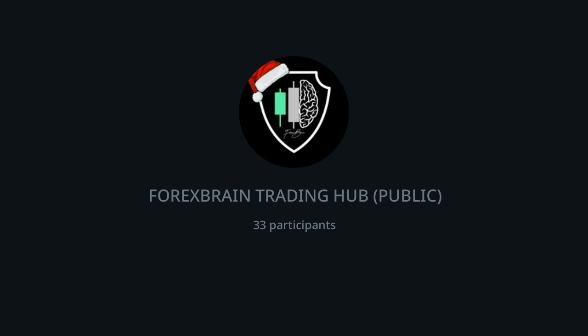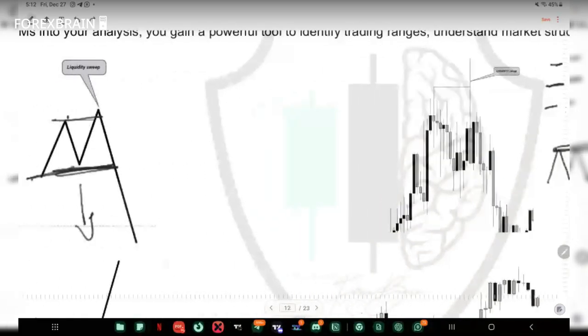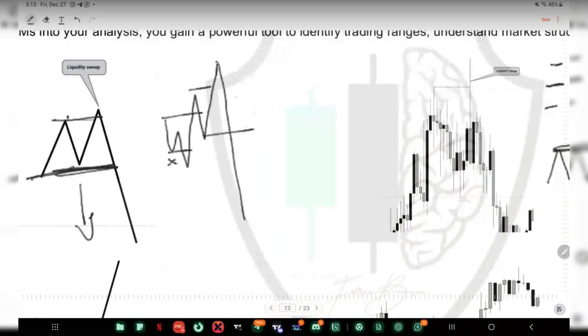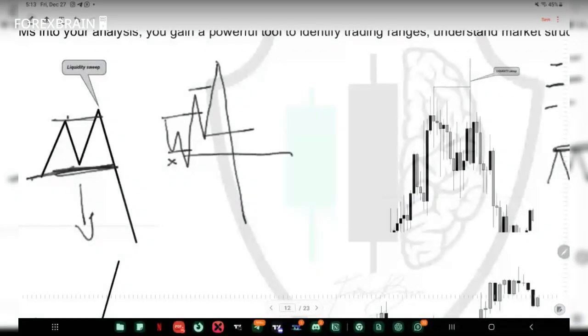There are 2 ways to actually use a breaker. The first one is, let's say for example, we had this. Now, you can see that we had a sweep, then a break, an inducement. Price then got to this and violated it with an impulse move. This, which was supposed to be used for the buys originally, is now what price will test and use for the sell. Do you understand? That's the first one.